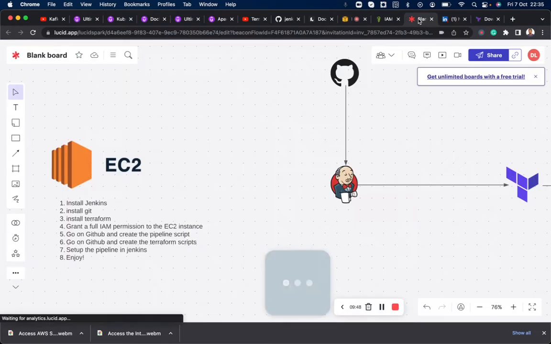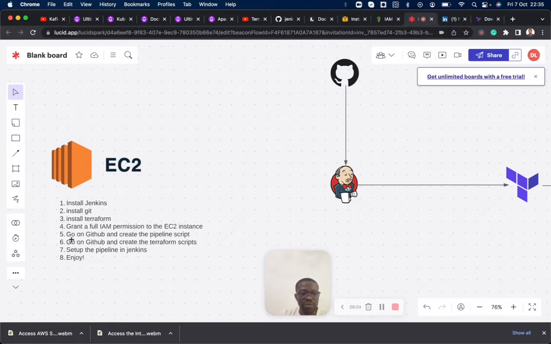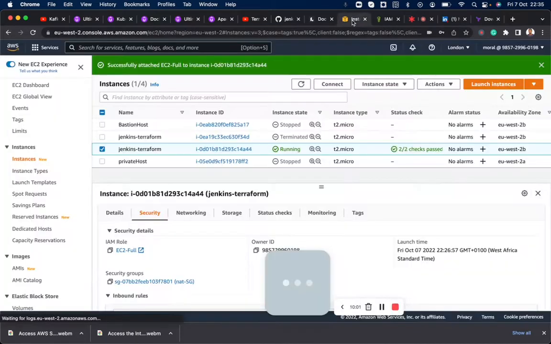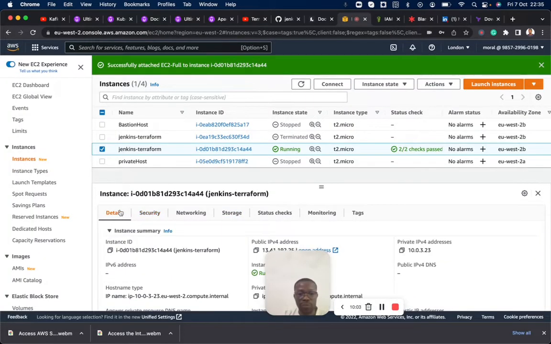So let's go back to our Blackboard. So we've granted, which is item number four, we've granted access. So yeah, we are through now. So let's see how we can access the Jenkins UI. All right. So accessing the Jenkins UI, I'm going to copy